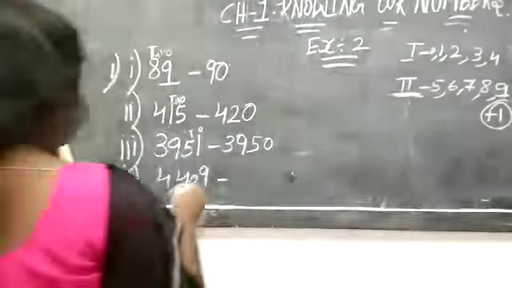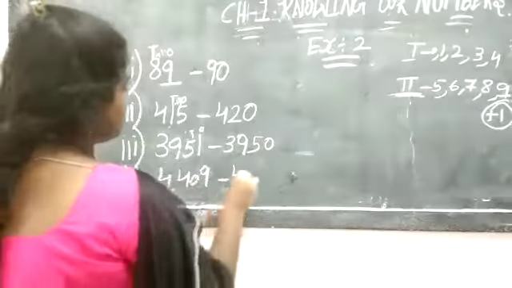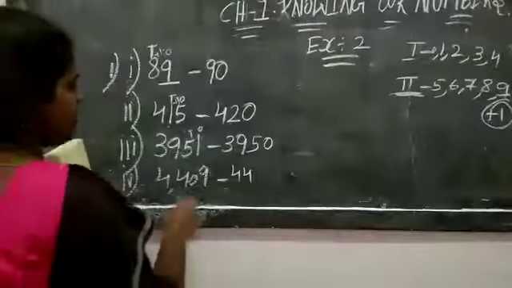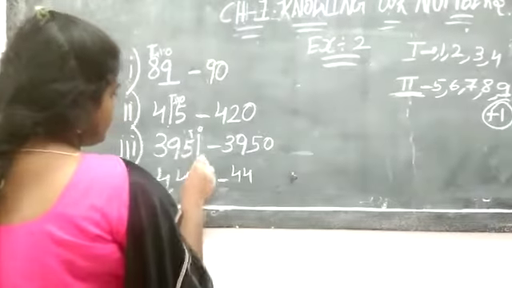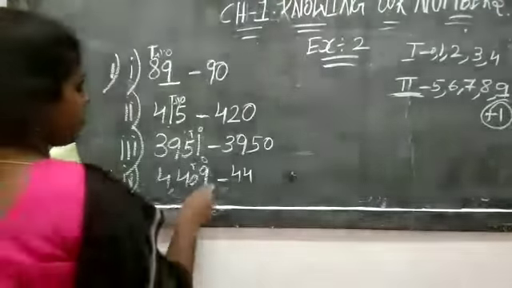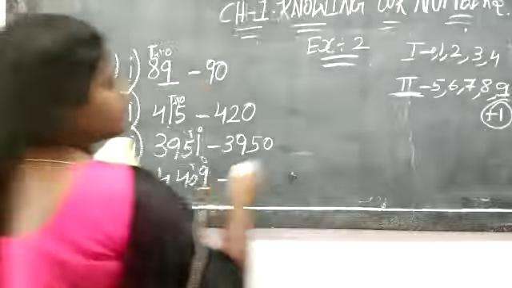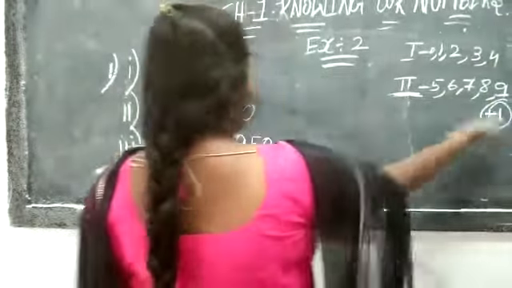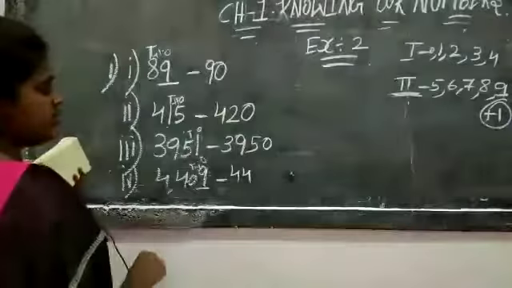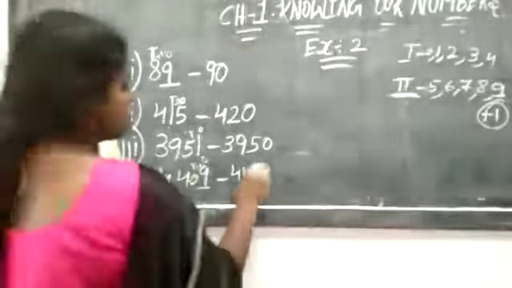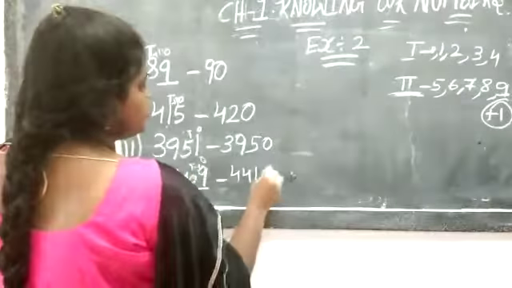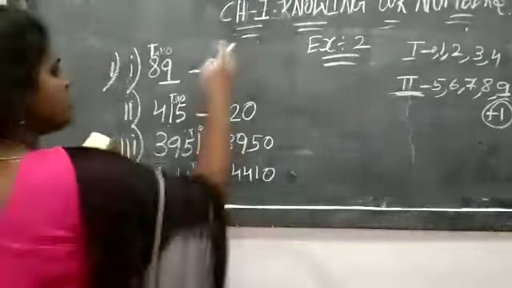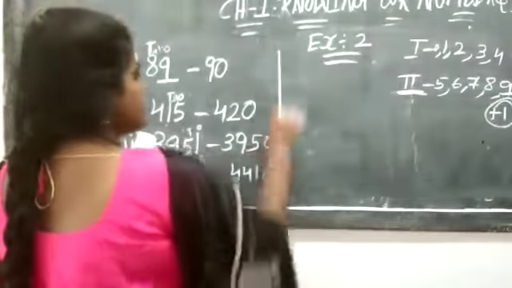Now next, fourth one: 4,409. Now you write the hundreds place and thousands place like that only. Now check your ones and tens. Now here you can see 9 is in which train? Second train. In the second train what do we need to do? We need to add in your tens place. Now 0 plus 1 is how much? 1. Now the ones place will be 0. This is how we do the first bit, nearest tens. Now next, second bit.